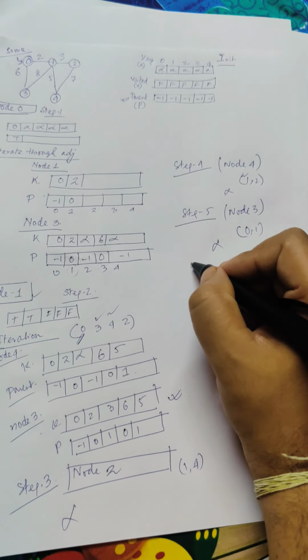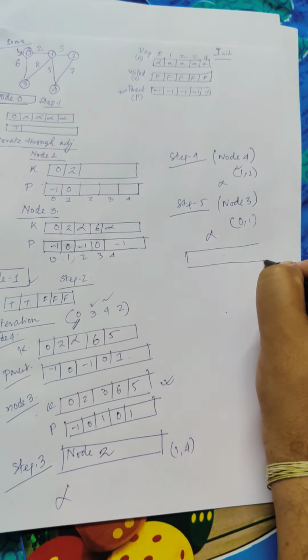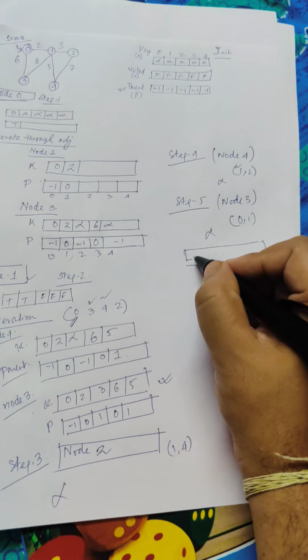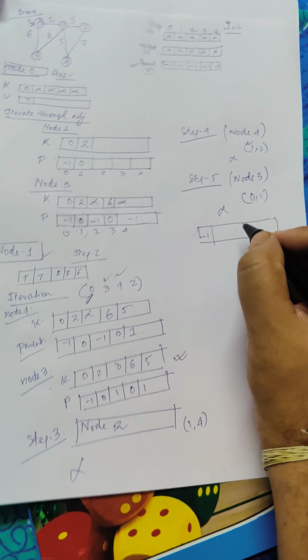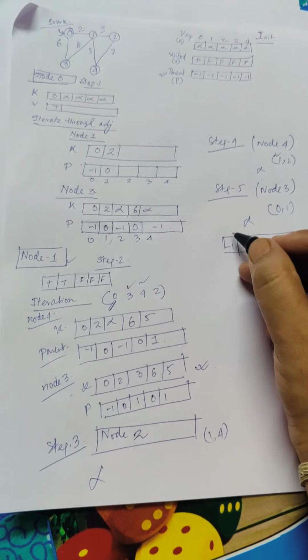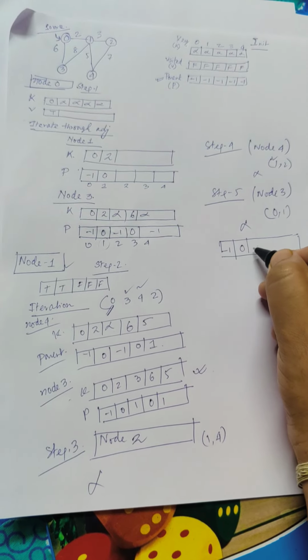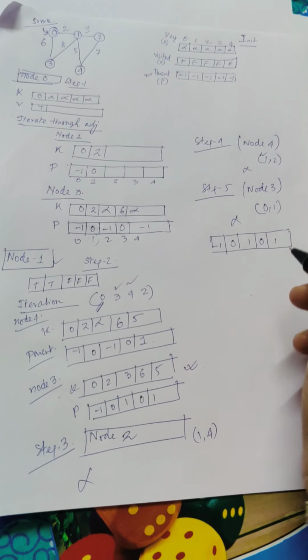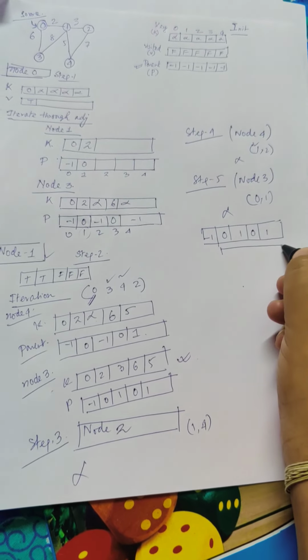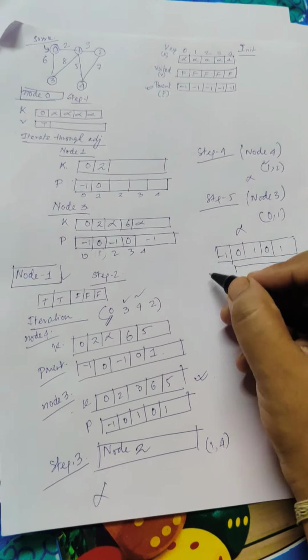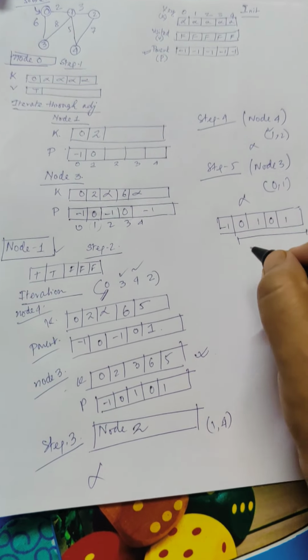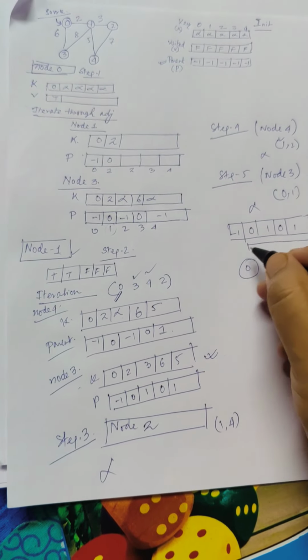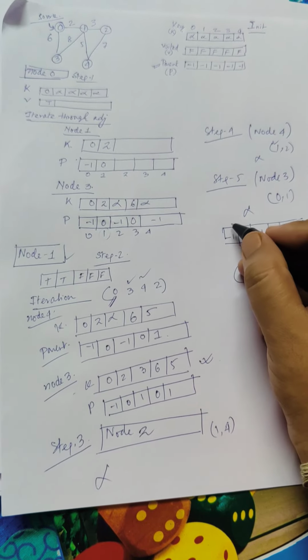Now if I just write this parent again, the first value is basically -1 because it is basically root. Okay, then this is basically 0, 1, 0 and 1. So if I just want to draw, so we will iterate from this to this, that is going to be fine because 0 is our source, 0 is basically our parent. So who is the, so if I just index it